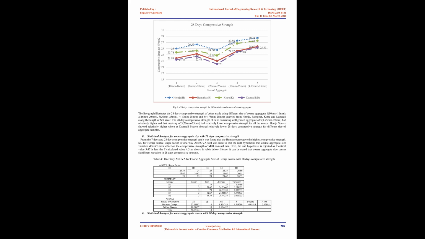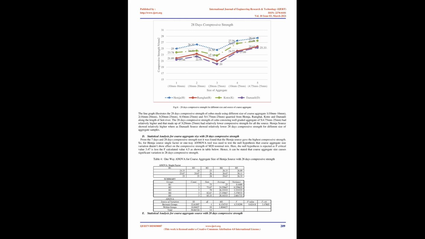The 28 days compressive strength of cubes consisting of well-graded aggregate of 5, 4.75 mm-25 mm, was relatively higher, and that made up of 3, 20 mm-25 mm, had relatively lower compressive strength for all the sources. Hemja source showed relatively higher, whereas Damauli source showed relatively lower 28 days compressive strength for different sizes of aggregate